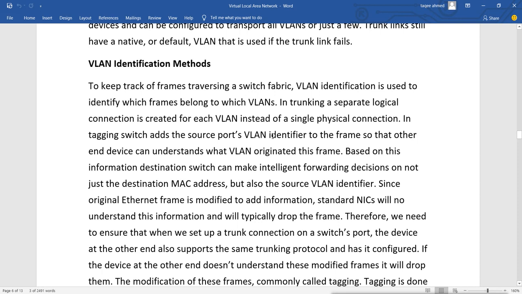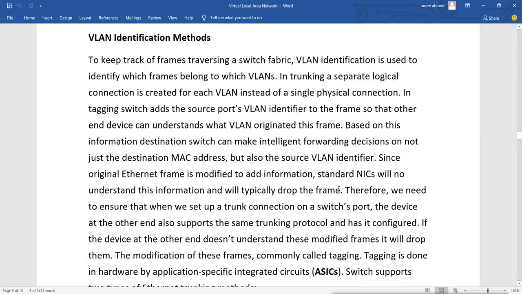In tagging, the switch adds the source port's VLAN identifier to the frame, so that the other end device can understand which VLAN originated this frame, and based on this information, the destination switch can make an intelligent forwarding decision based not just on the destination MAC address, but also the source VLAN identifier.